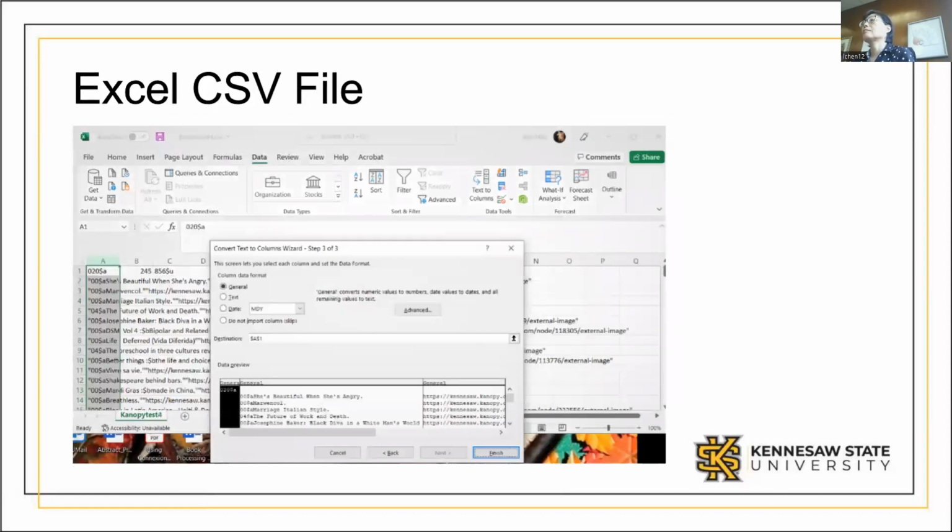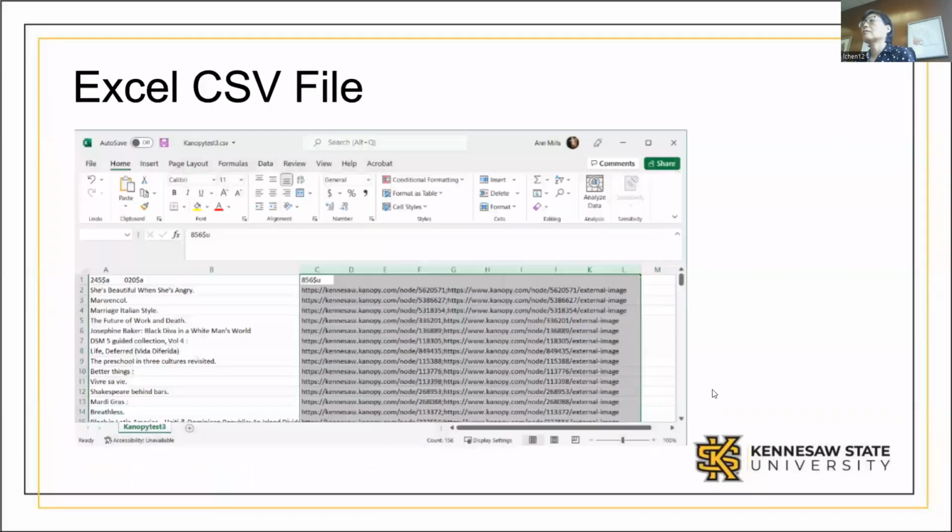So this is the last step of the wizard. It just shows that the column data format is a general format. And then at the bottom here, it gives you a preview of what it will look like. So if everything looks good, you can go ahead and click on the Finish button. So once you click Finish, you can see that the MARC field data is now separated into columns. And notice that this 856 field is in the last column, which is necessary for running this through the Ruby